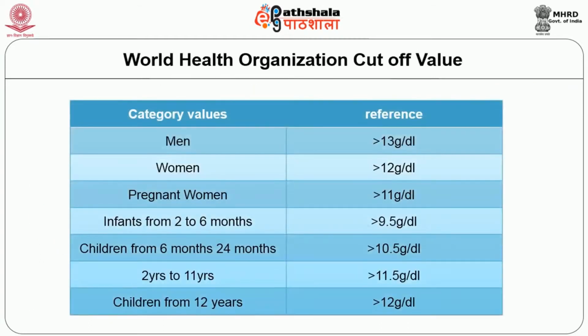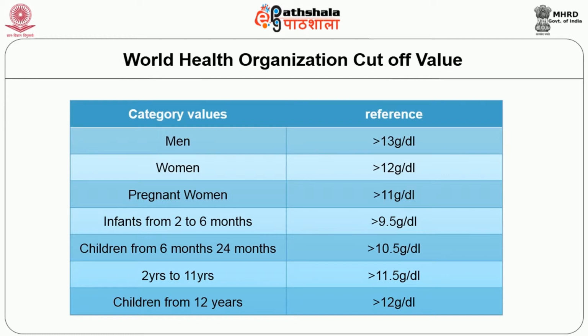According to WHO, that is World Health Organization, the cutoff values to say anemia: the normal hemoglobin in men is more than 13 gram per deciliter. If it is less than 13 gram, it is considered anemic. In women, a hemoglobin value less than 12 is considered anemic, and in pregnant women, hemoglobin less than 11 gram per deciliter is considered anemic. In infants 2 to 6 months, less than 9.5 gram is considered anemic, and in children 6 months to 24 months, less than 10.5 gram is considered anemic. Children 2 years to 11 years, less than 11.5 gram, and children from 12 years, less than 12 gram